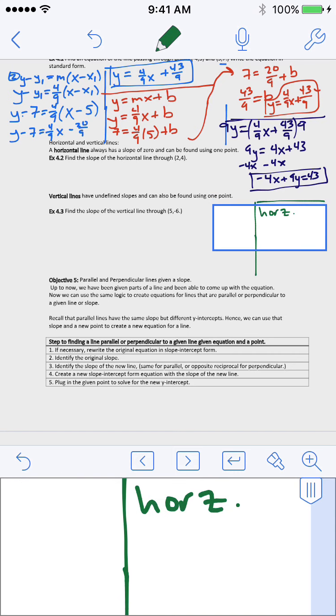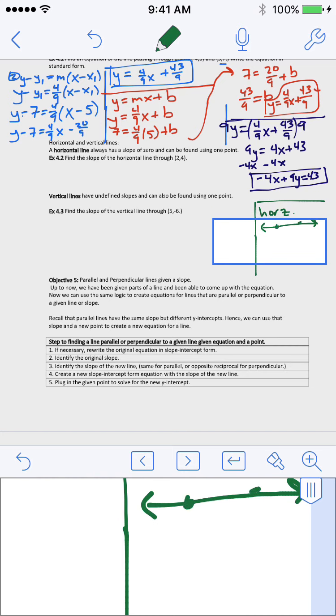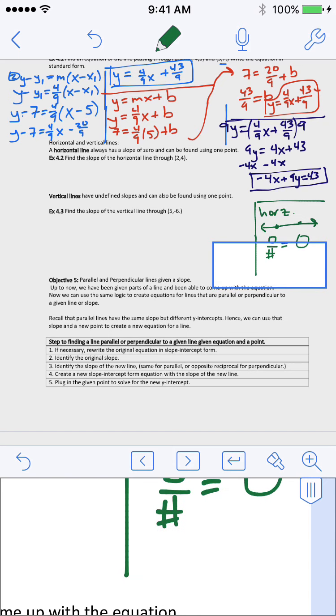Remember, horizontal lines run from side to side. Perfectly straight lines. And because they do that, they have no rise over some run. And because of that, they have a slope of 0, right? So it's okay to have no rise. It's okay to just keep going forever. You just have a slope of 0. You rise nothing. Whereas a vertical line,